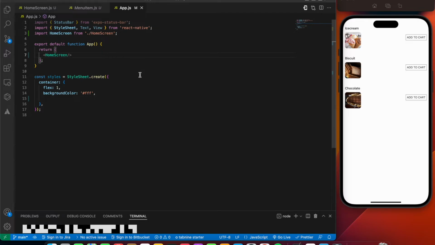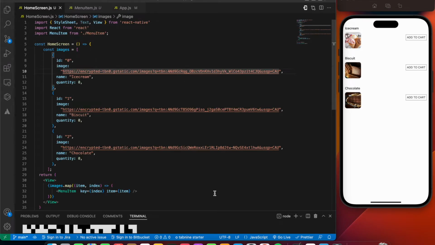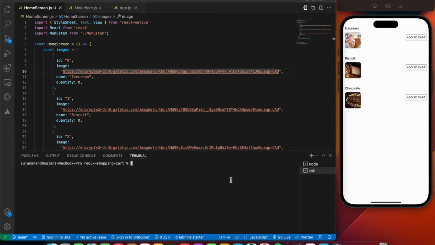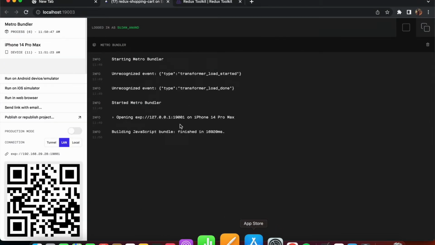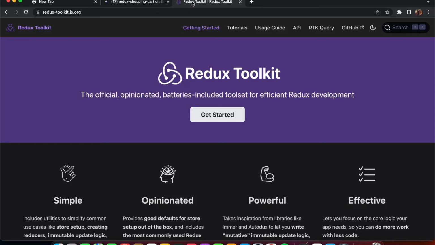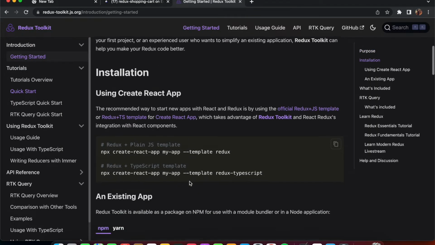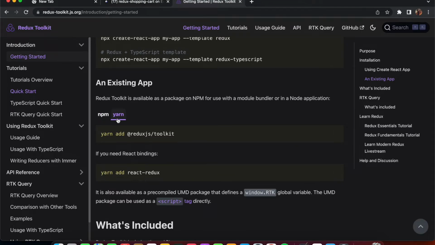The next thing we'll be focusing on is to install Redux into the system. Let's open up a new terminal, move into the project, and get started. Since we are using yarn, let's install it using yarn. We need the Redux toolkit and also React Redux.